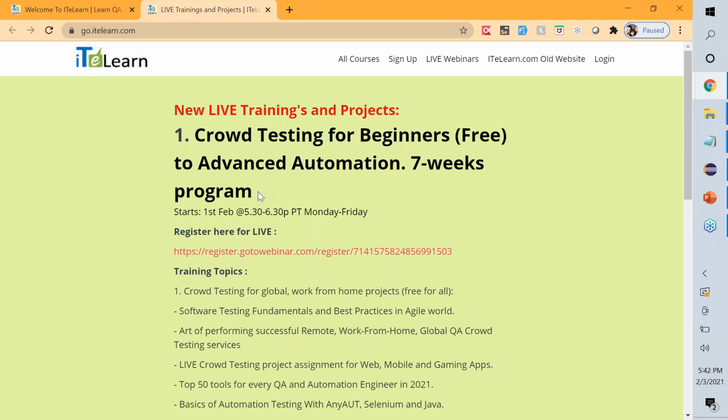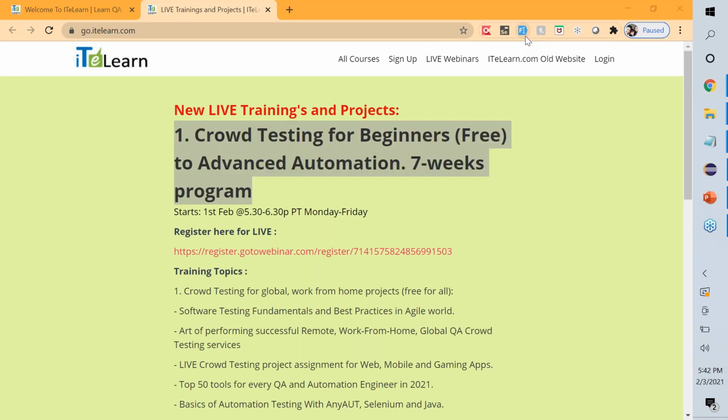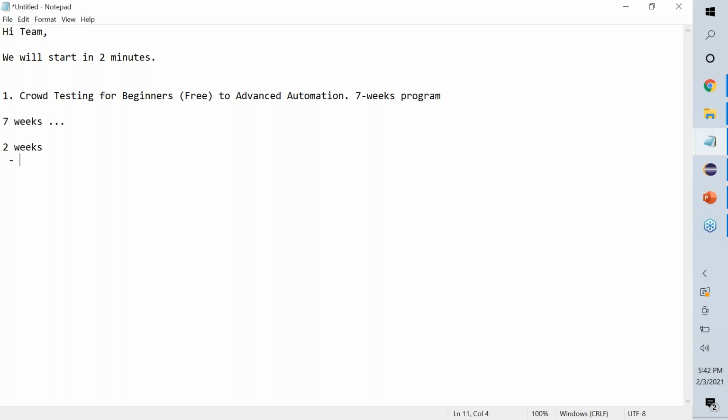We are in the orientation or day one session for the crowd testing for beginners. So we're going to talk a lot about this team and how this will primarily be working with you overall as a program, how we're going to all involve with you into it. So to begin with team, let me make sure that you understand that this is part of a 7 weeks program. Okay, so 7 weeks, there's a lot that we will cover, but the first 2 weeks, we will focus